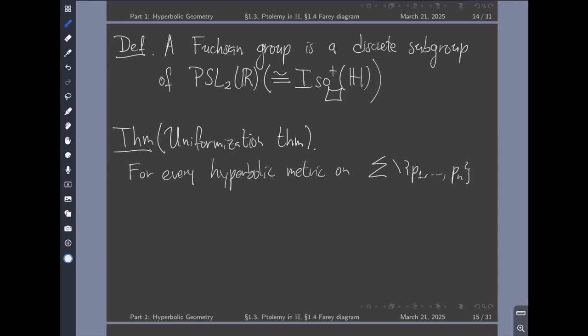there is a Fuchsian group, let's say torsion free. That's a condition that guarantees that there are no orbifold points. But anyway, so a torsion free Fuchsian group gamma, such that